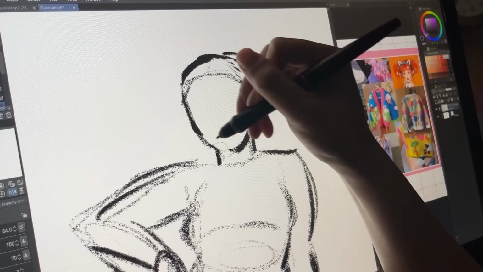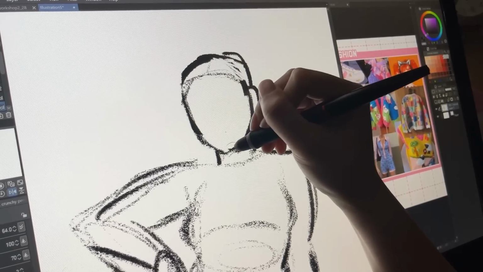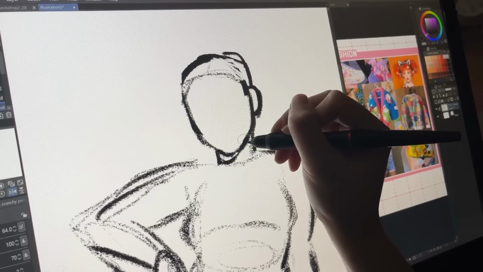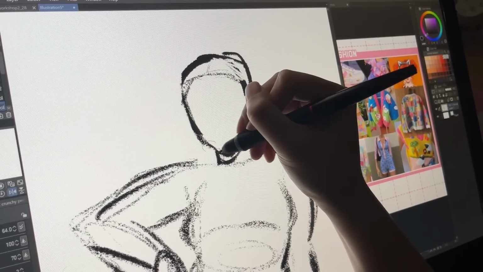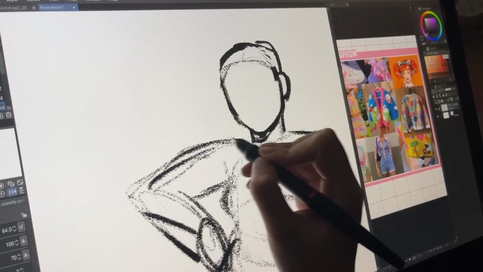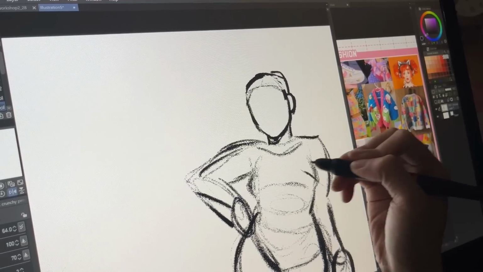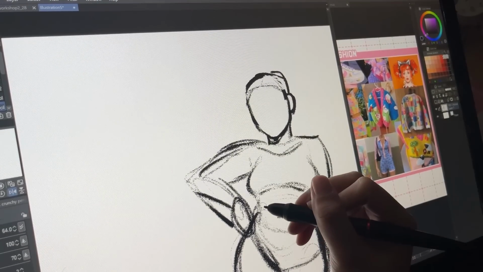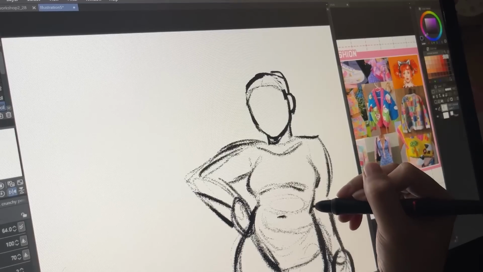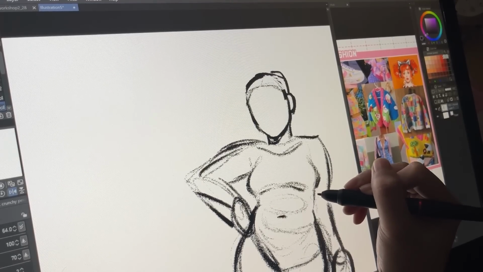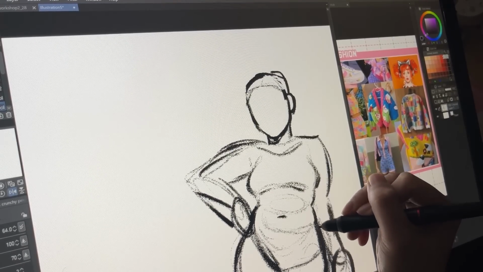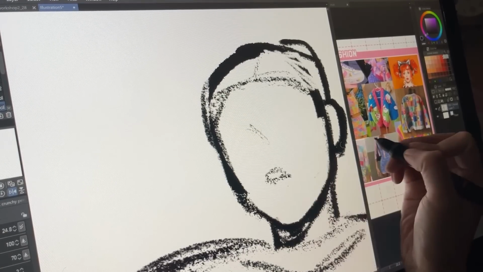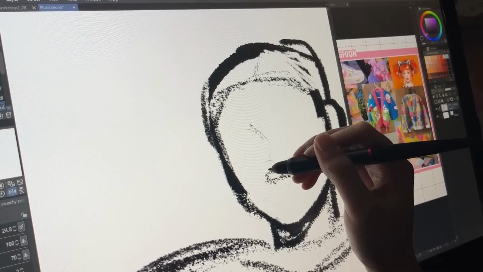First, I think I should have explored the various body types that she could fall into, because all I knew was that I wanted her to have more fat than my typical character, but I didn't know exactly how much bigger she would be compared to them. Plus size is a broad term for a lot of bigger body types, and so I should have explored, like, is she gonna be short? Is she gonna be tall? Like, exactly how big would she be? Because I really didn't know. And I didn't even know what type of hairstyle she would have. I just knew that I wanted it to be curly.